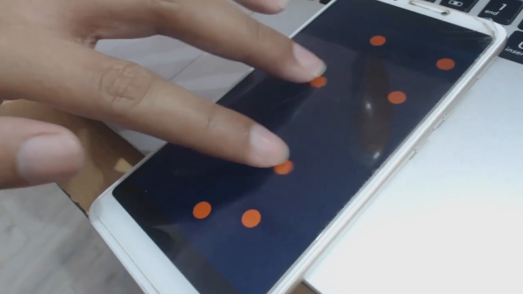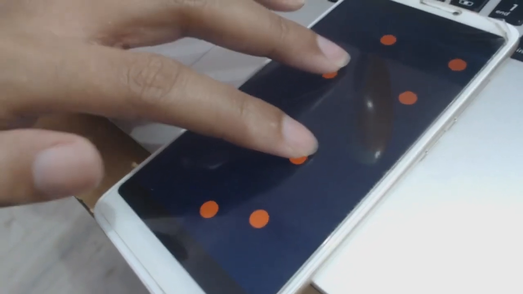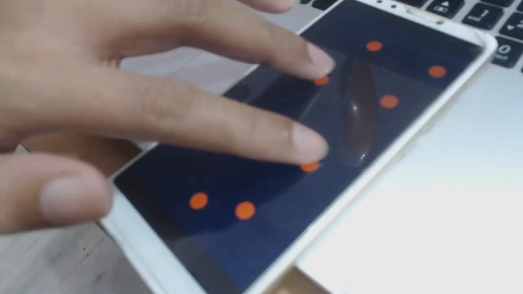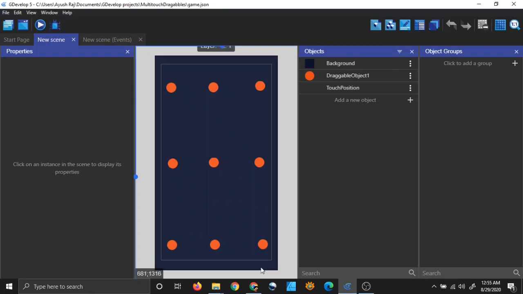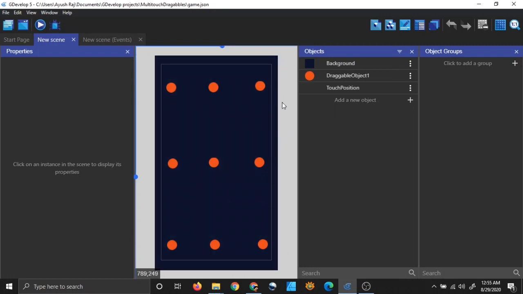So you saw that two balls got absorbed in one, so that's some bug, but we can fix it later. So you must have seen what kind of game we are going to make. So now let's see how to make that, right? How to do something like that, which we saw just now.